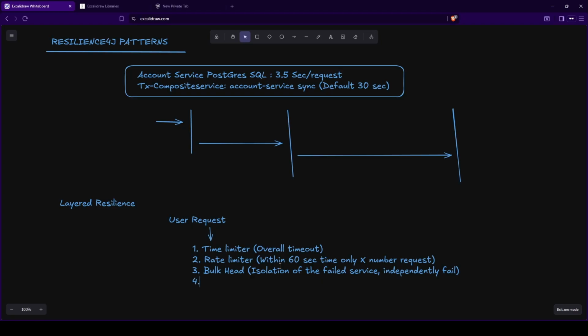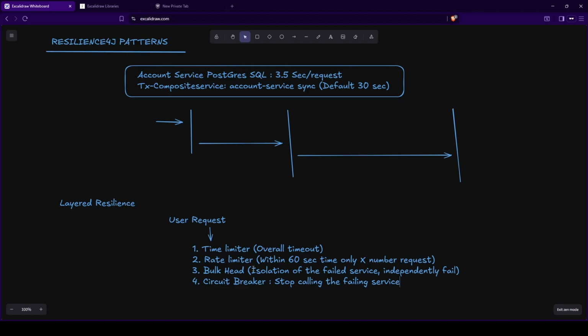Then there comes the most important thing, that is a circuit breaker. In case the failing service or this bulkhead is causing a lot of traffic jam across our application, we have to break the circuit of the calling. The moment we see multiple 30-second timeouts or something like that, we have to stop calling the